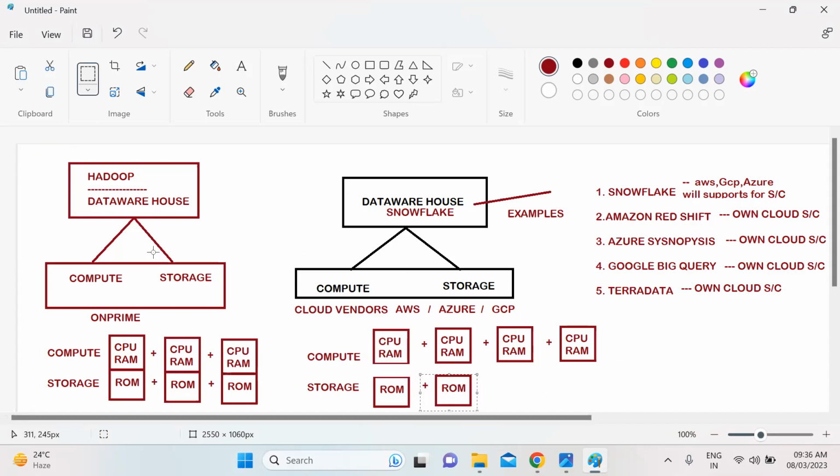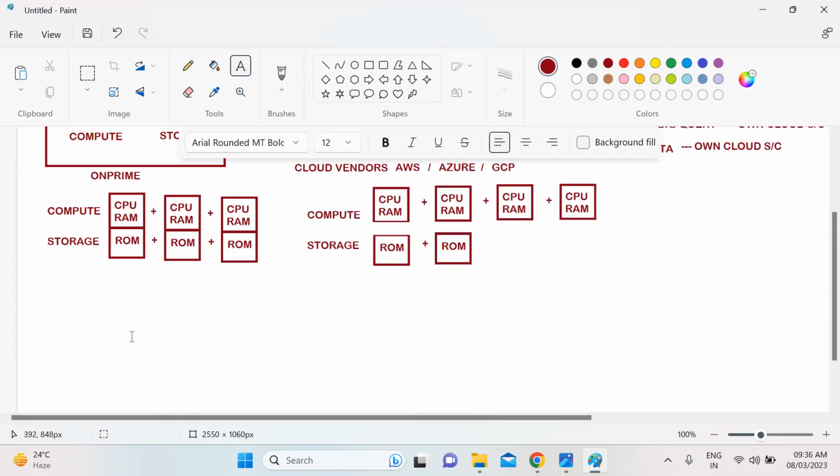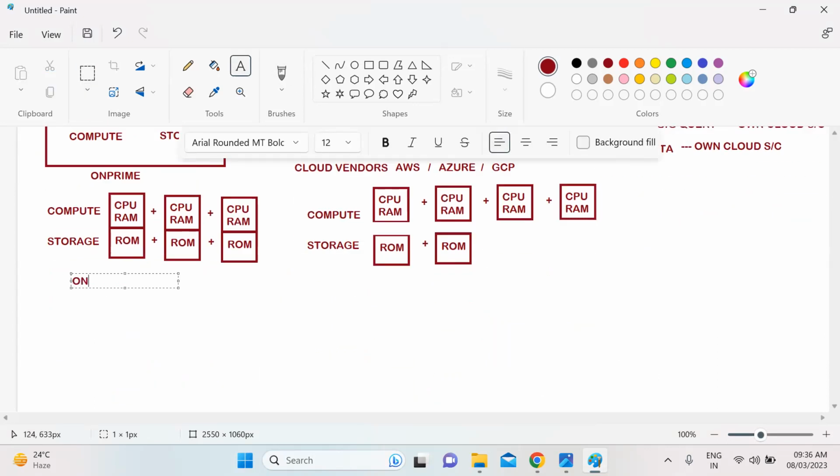This is independent. In the on-prem, compute and storage are dependent on each other.